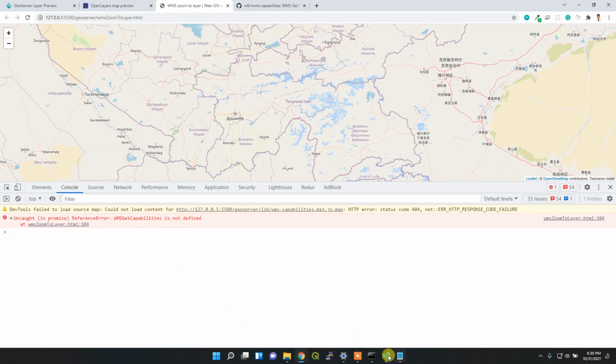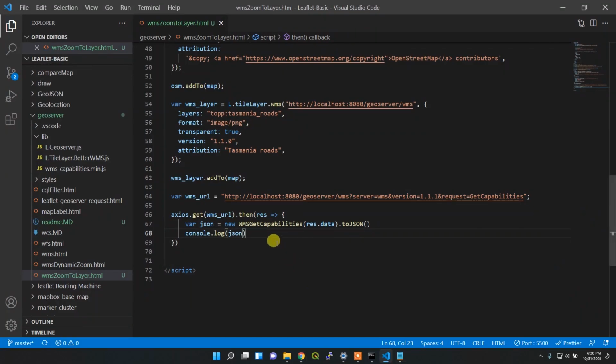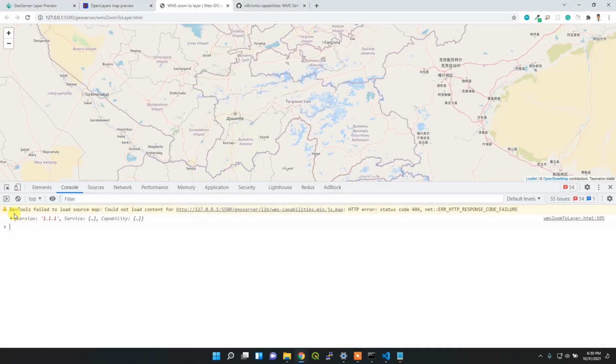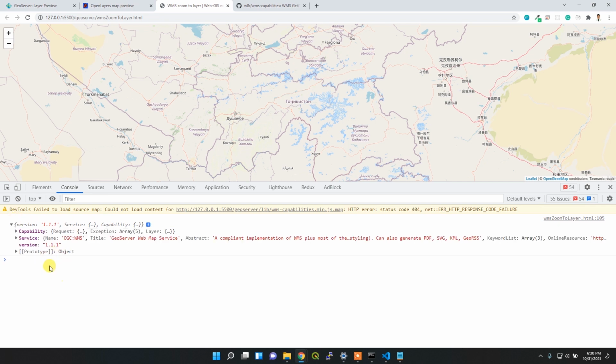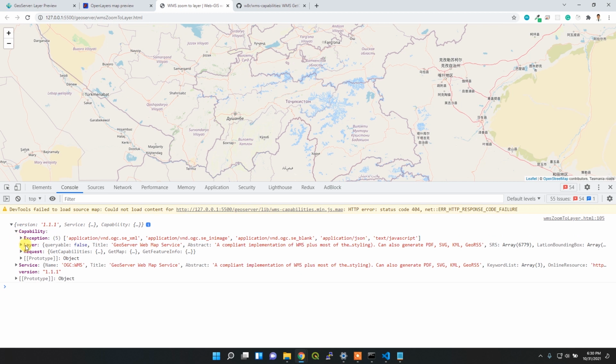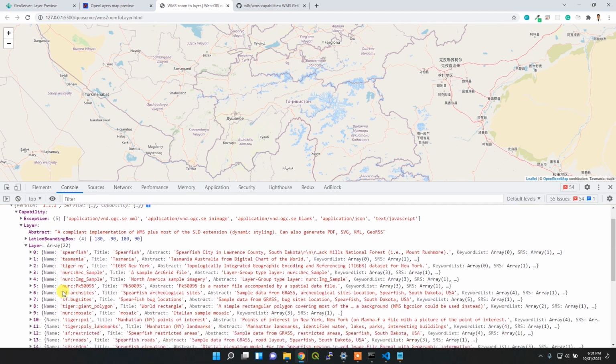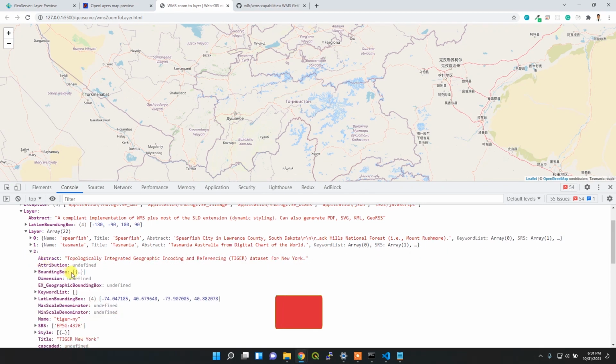I think there is some issue. It says not defined. That means something is wrong. I think this is only WMS capabilities, not get. Okay. After that, I think I'll get the response in the JSON object, just the XML to JSON. Yeah, inside capabilities, inside layers, inside layer,